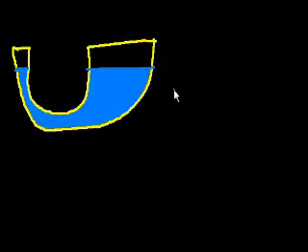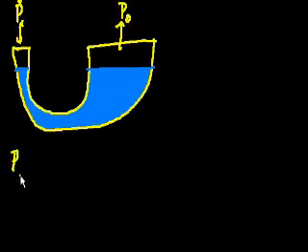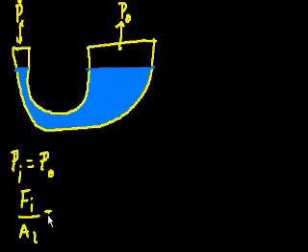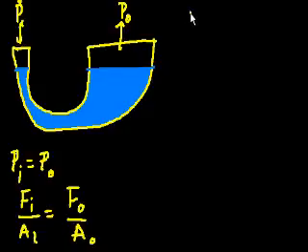Because we know that the pressure in is equal to the pressure out, right? And pressure is just force divided by area. So the force in divided by the area in is equal to the force out divided by the area out, right? So let me give you an example. Let's say that the pressure in is equal to 10